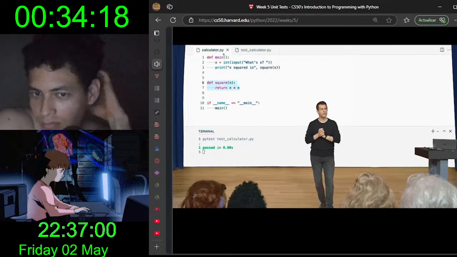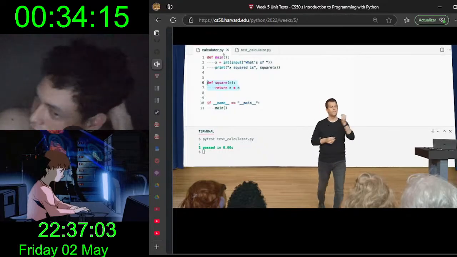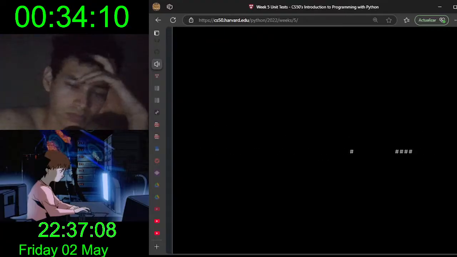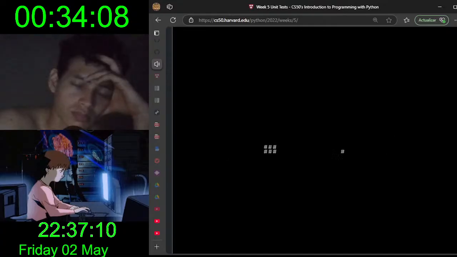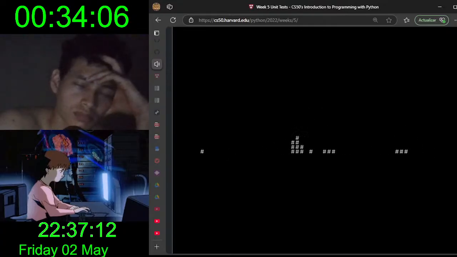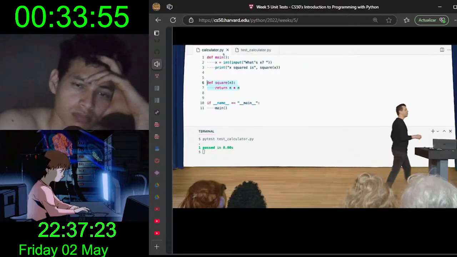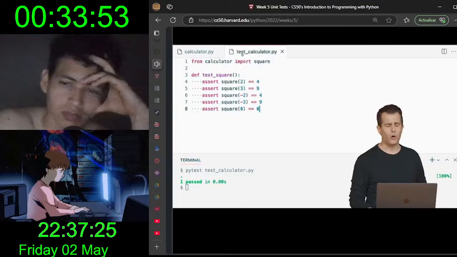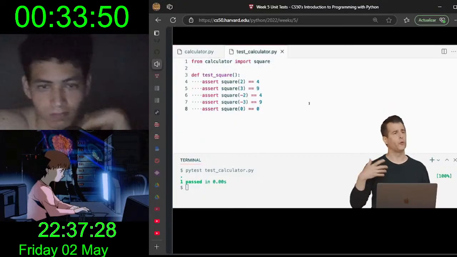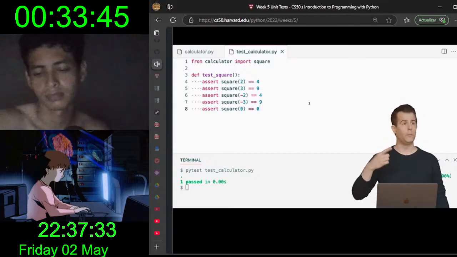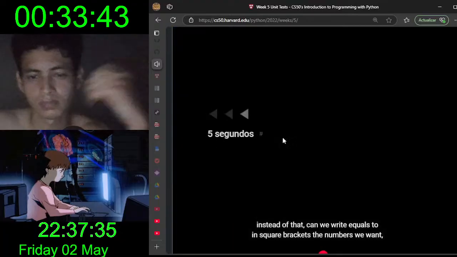How about one other question here on our unit tests? My question is, instead of writing 4 times like assert square of 2 is equal to 4, instead of that, can we write if I is equals to, in square brackets, the numbers we want, instead of writing 4 lines? A really good question. Absolutely. Right now, if I go back to testcalculator.py, it's indeed pretty manual. I mean, it took me a while to say and to type out those several lines, and you could imagine writing some kind of loop to just assert in a loop that this equals that this equals that,